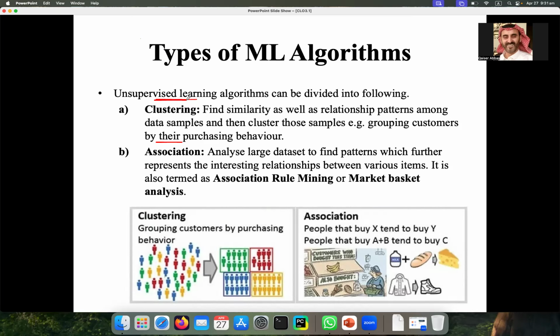Now imagine you have data, and in your data you have different things. For example, here you have many people, these are your customers, and you want to group these customers by their purchasing behavior.